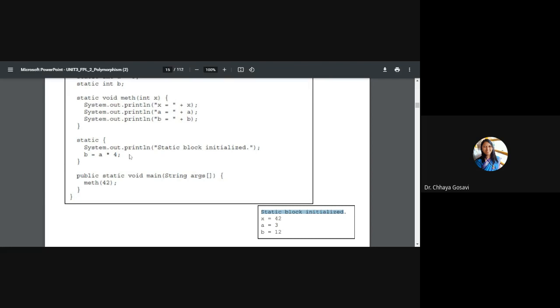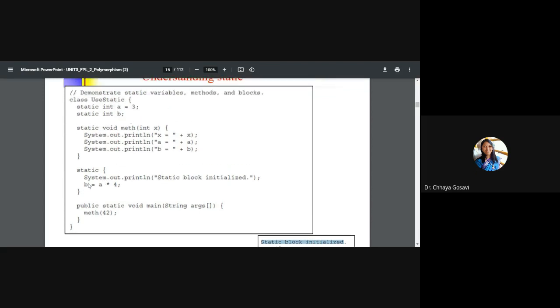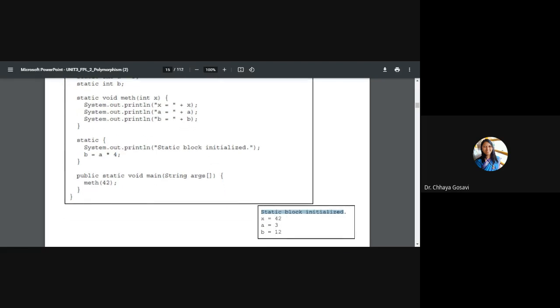Then the static block will do b equal to a into 4. So b is initially 0, the value of a is 3, and 3 into 4 will be 12. So the value of b will be 12. Then it will come back to main, and the math method will be called with the value 42. So this 42 will be passed to x, x is equal to 42, a is equal to 3, and b is equal to 12. So you'll get this answer.